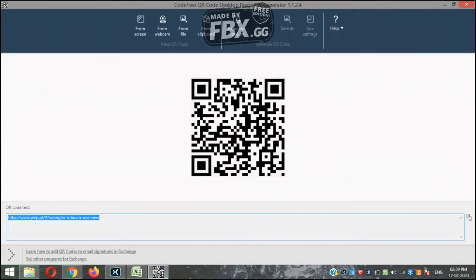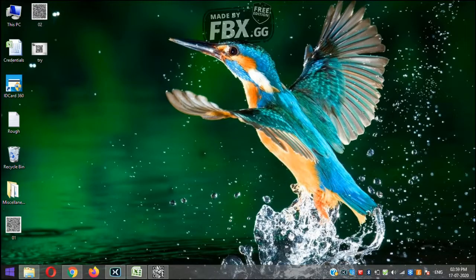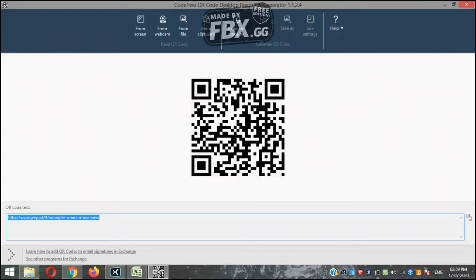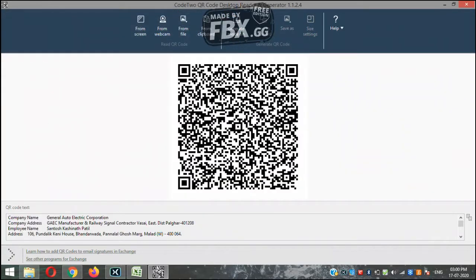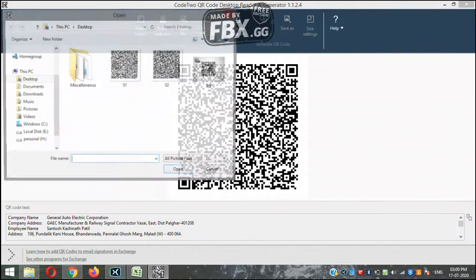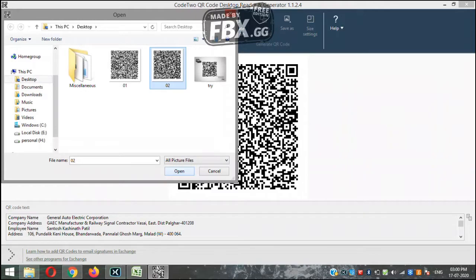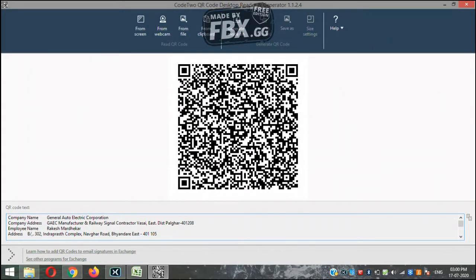So this is the software. Again, from the number of QR codes that you have set for your staff, you can open that QR code. You have to select from file, select 01. If you open it, you will see the pre-generated information that you had fetched while generating this QR code. So this was staff number 1, the name. Again from file, if you need to cross verify whose QR code this was. Second one, the staff name and the information again. So this is the software.